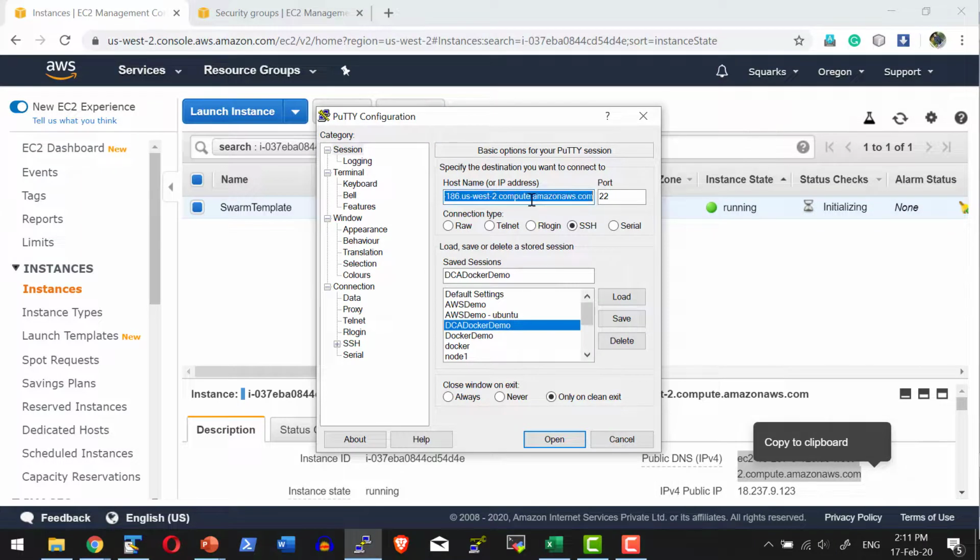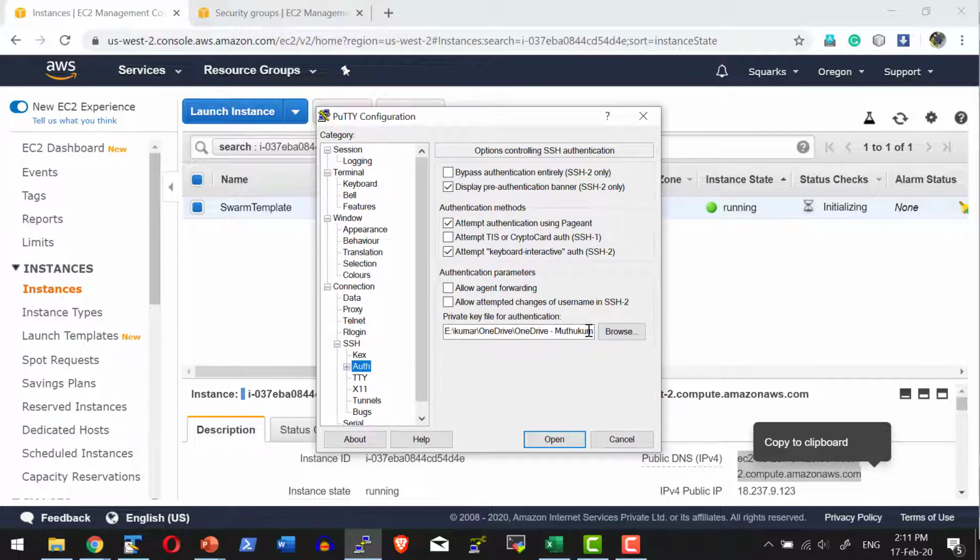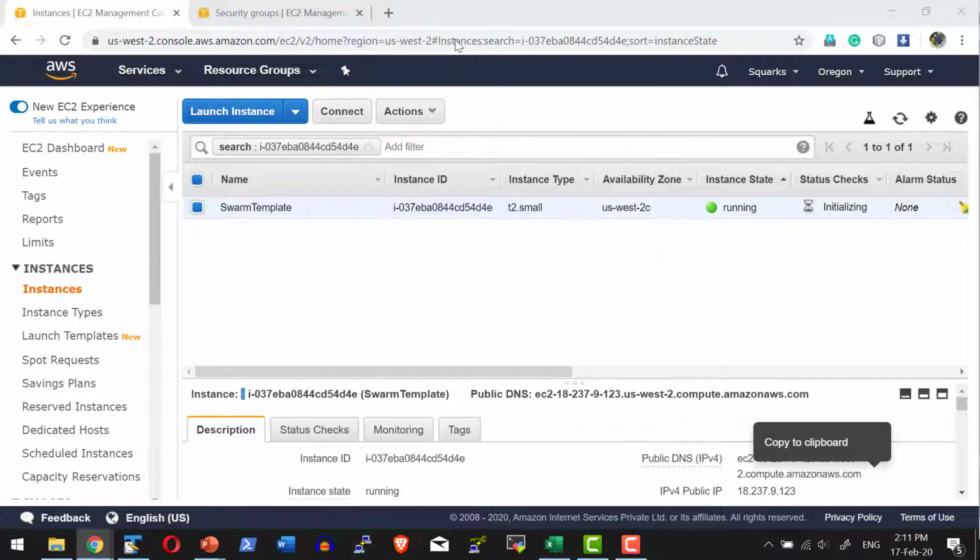I'm going to provide the host name, and as already discussed, I'm going to use the default user ec2-user, and as a part of the SSH auth tab, I have the key that I had selected. As I'm using Windows operating system, I used PuTTYgen and converted the key to the PPK format. In case you had skipped the earlier lecture on how to launch the EC2 instance and use the key and generate the PPK file format, you can refer to the earlier lecture on how to prepare the instance for Docker installation. Let me open the shell.